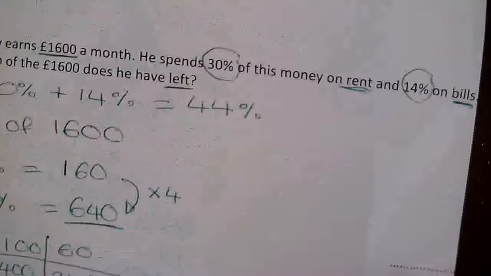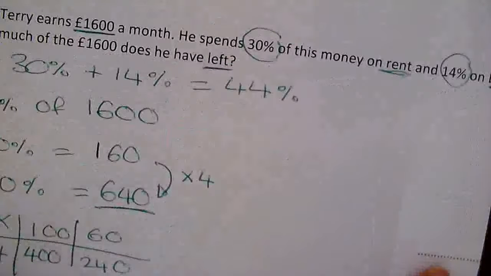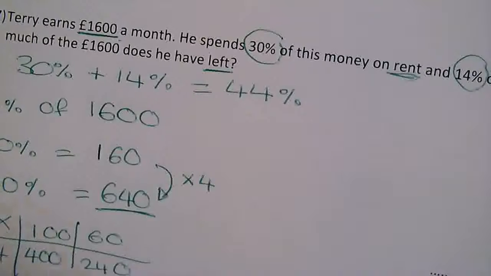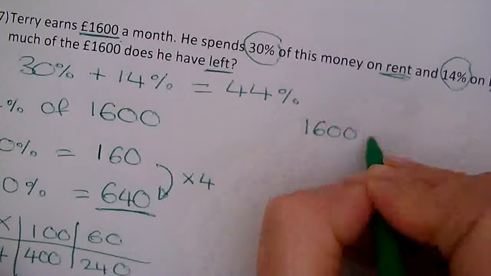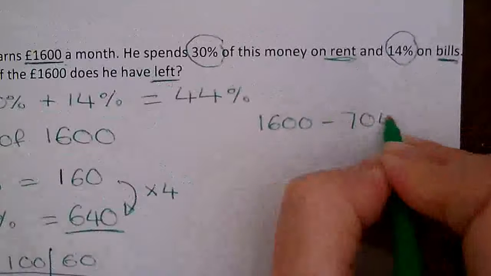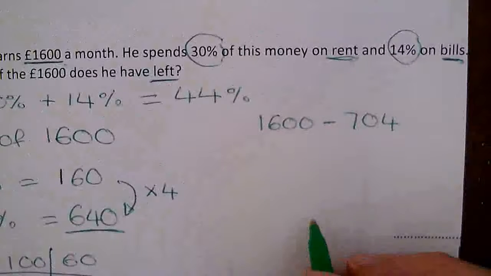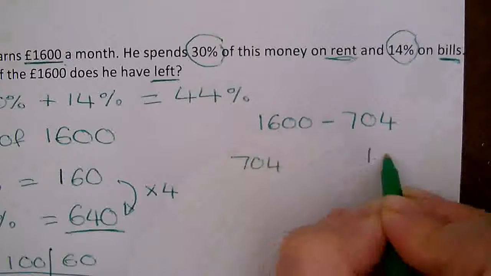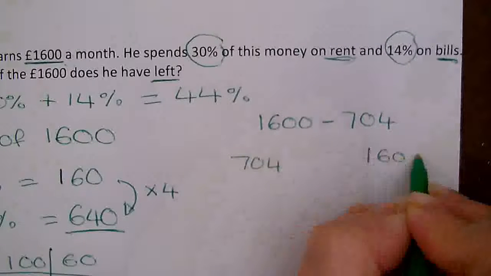That doesn't mean that's the answer. So we want to know how much he's got left. So he had 1,600 and he spent 704. So we need to work out 1,600, take off 704. Now it's better to add to the number, so 704 to get to 1,600 rather than subtracting, because so